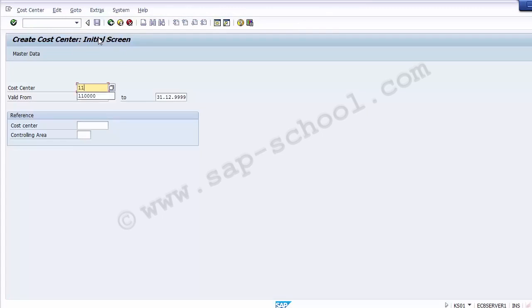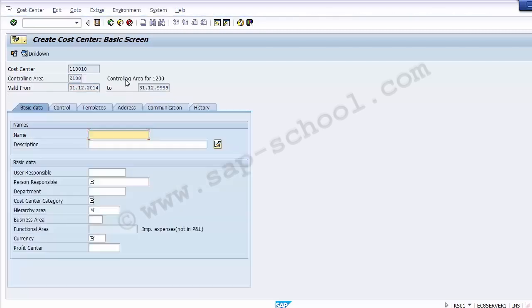So suppose I create a cost center now with 110010. I have to put the valid date from and to, from when it will be valid and to what date it will be valid. So I will be taking this as one from December 2014. Now I can enter onto the screen once I have assigned the cost center number which I would be creating and the valid date from and to. Enter on the screen. So once entered, it takes you to the next screen,